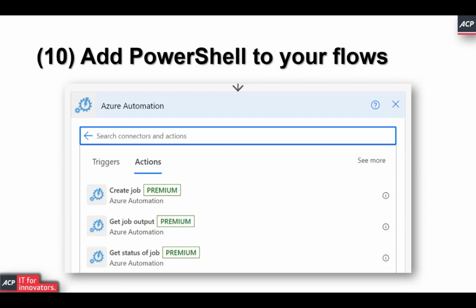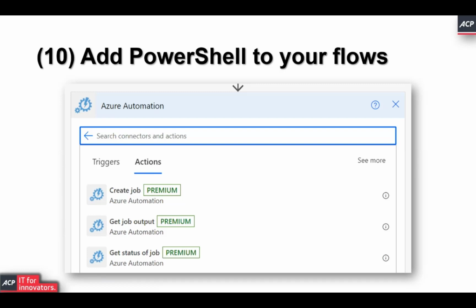So you can put together a flow that has standard connections and standard connectors in there. Then you can use an automation flow. So anything that you're calculating in your flow will then be forwarded to Azure Automation, and your PowerShell scripts can be run in there. And then at the end of this, whatever the PowerShell script's return value is, that can be passed back into your flow. So that allows for a seamless integration, and then that means that you can outsource anything that you can't do within Power Automate, or anything that would be too resource intensive to do within Power Automate.